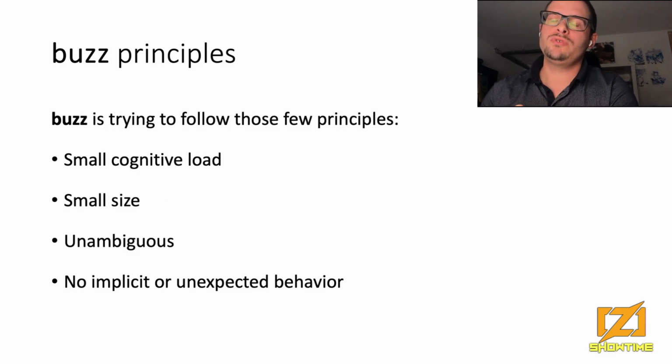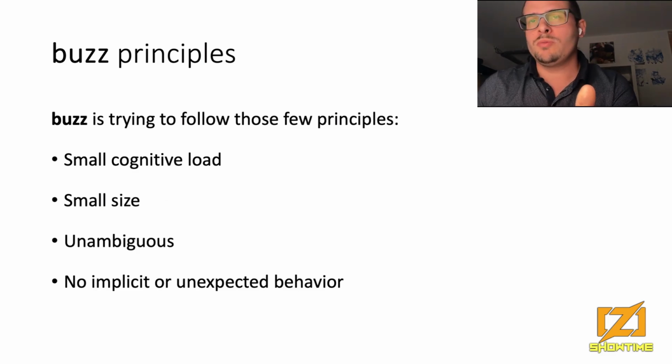So I'm trying to follow a few principles for Buzz. The main one being I don't want it to become too complex, too big. I think it's a main challenge for anyone designing a language to draw the line where adding a feature may be fun, but it's maybe adding a little bit too much complexity to your language. Finding that fine line is quite hard, because adding new features to the language is pretty fun. But still, I'm trying to maintain Buzz relatively small.